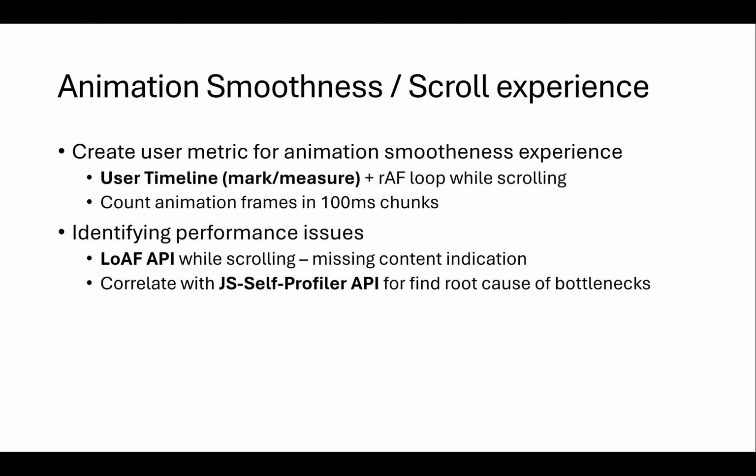The last area I'll cover is animation smoothness, particularly scroll, but it is also used for other continuous interactions like dragging things and so on. The challenge here is creating a user metric that really represents what the user feels around smoothness. We tried to use FPS. That didn't work out too well. Right now we're using